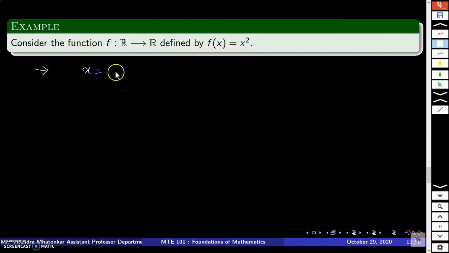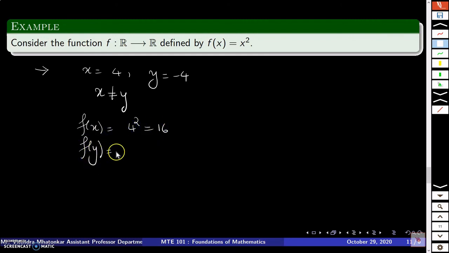You look at x equal to 4 and y equal to -4. X is not equal to y, right? 4 is not equal to -4. But what is f of x? That's 4 squared, and that's 16. And what is f of y? That is (-4) the whole squared, and that is again 16. So f of x equal to f of y, right? And therefore the function f is